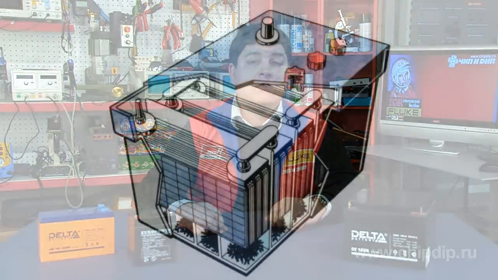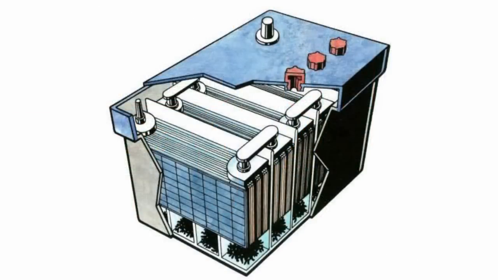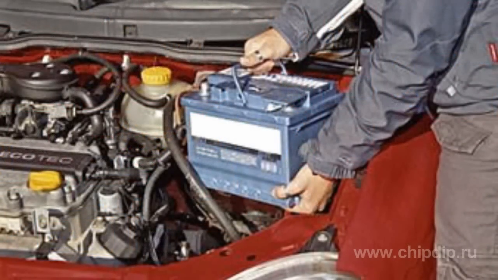In such conditions, with temperature varying from -30 to +30 degrees Celsius, the electrochemical reaction in the battery becomes possible. In fact, this is the redox reaction in which oxidation and reduction processes transfer to different electrodes, cathode and anode. The principle of operation lies in the ability of lead to display both oxidation and reduction properties.